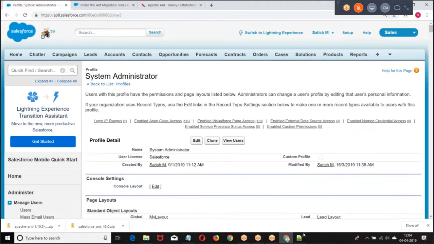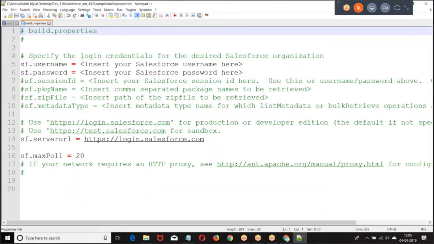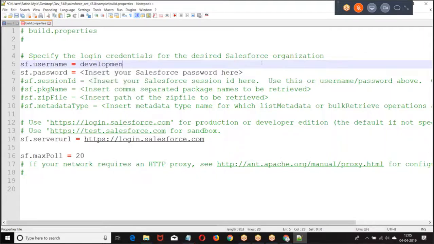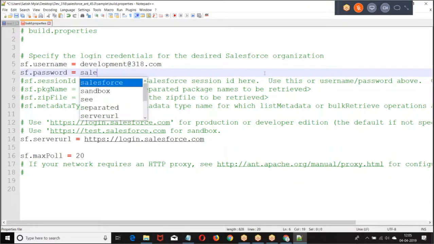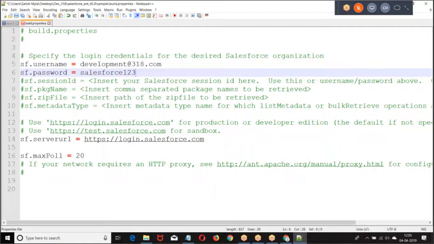Straight away, I can go with the username and password. So what is in the file? Username, my username is development@human8, then my password. What is the URL? login.salesforce.com, because it's a trial account. If it is a sandbox, test.salesforce.com.